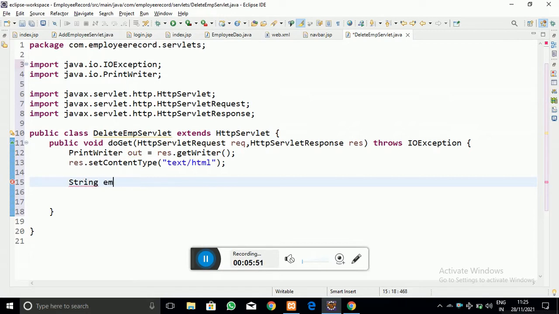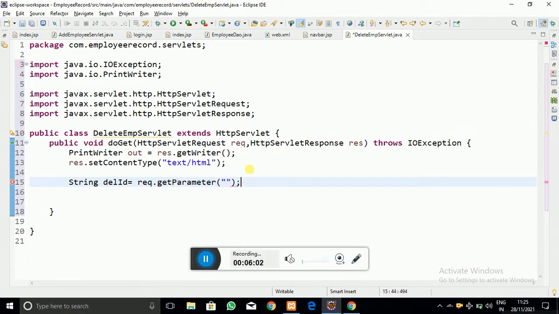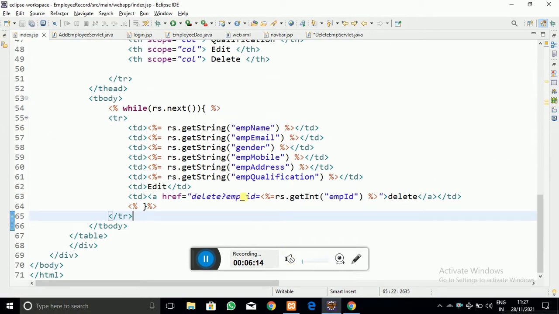Now here you can see that I have to just accept that employee id from the query string. Let me give the name as deleteId, and request.getParameter, with the parameter name, which is emp_id, the one I gave in the index.jsp page.